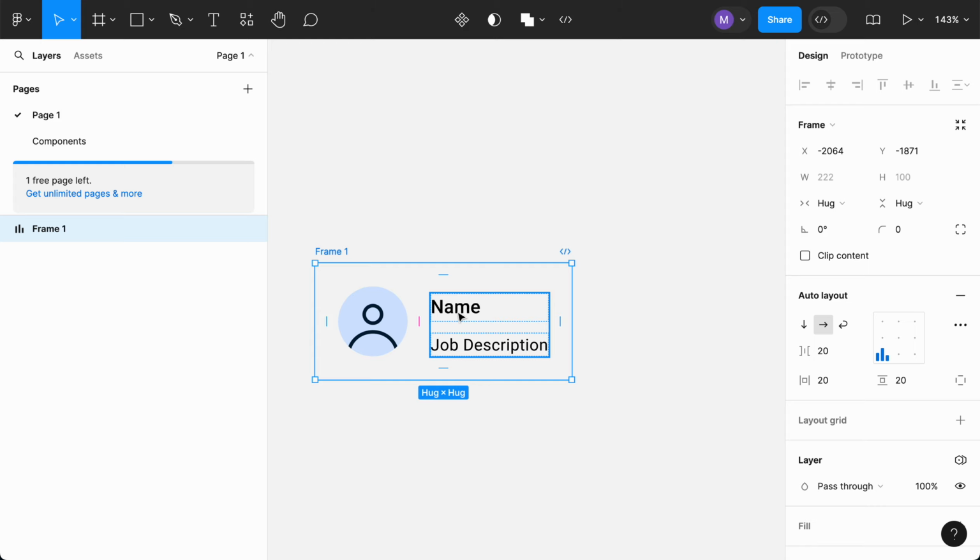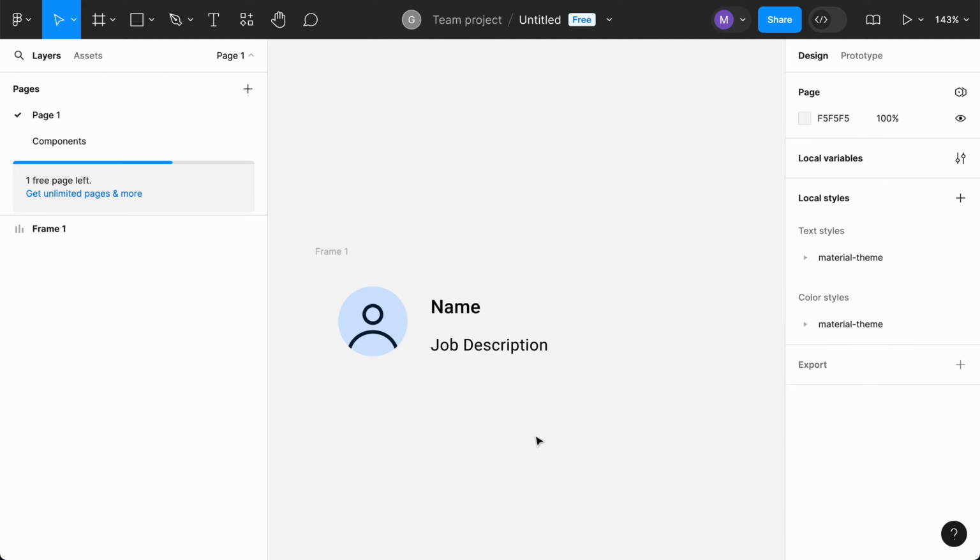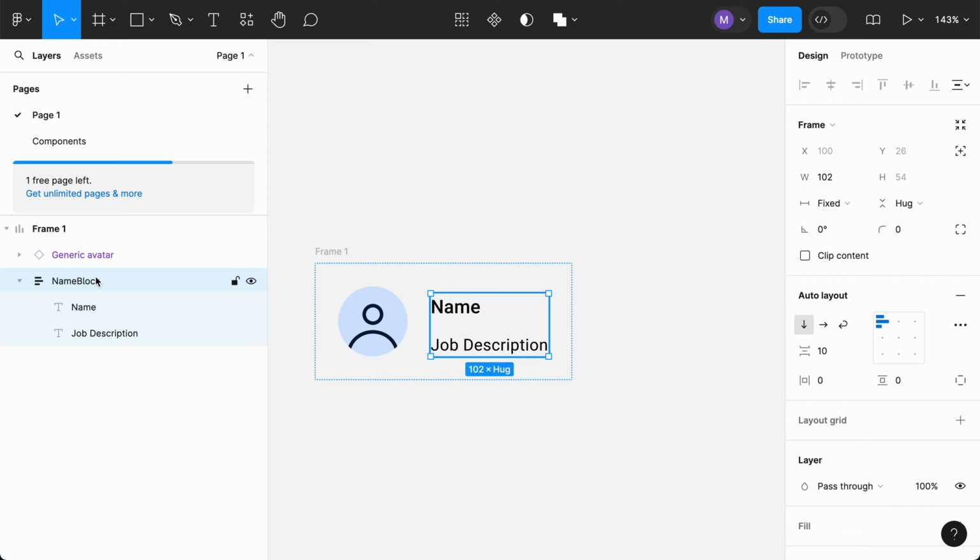So now these two objects, the name block and the avatar, are sitting 20 spacing between them, which is this number, and there is a padding of 20 on all these sides. Okay, now if I take this name block and